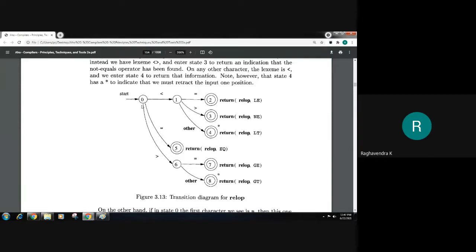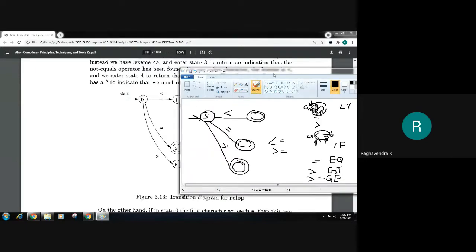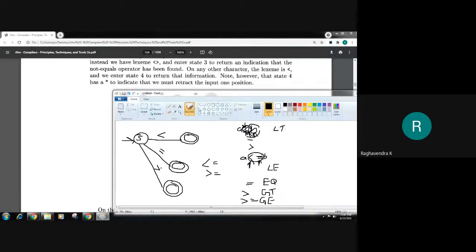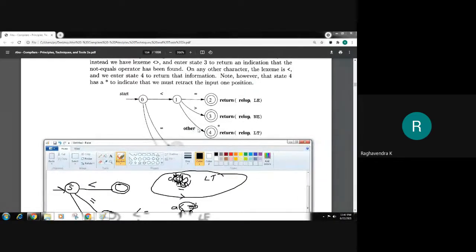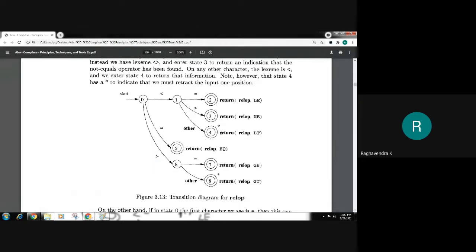Next, it can be a greater than symbol. If it is a greater than symbol, I will end up in this intermediate state called 6. I'm just giving some random numbers to the states. So it is 6 and I have to wait until I see the next character. Now what is the case with less than? If it is the first case, then I am done, right? So I will return relational operator and less than symbol.